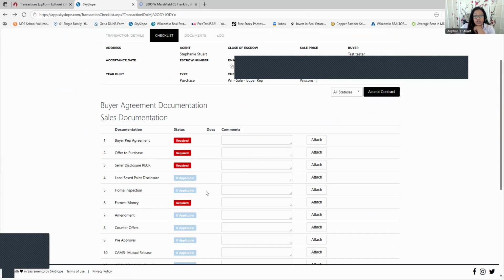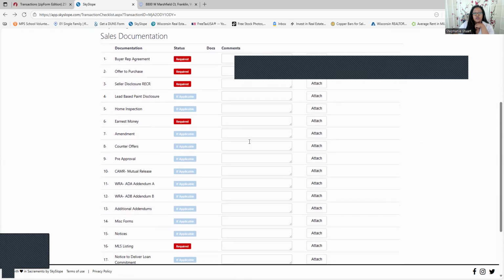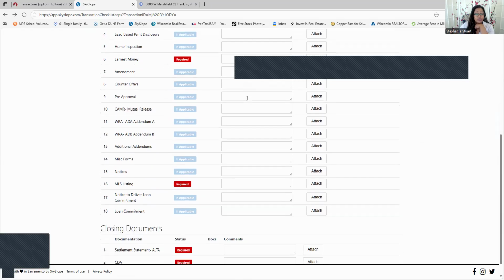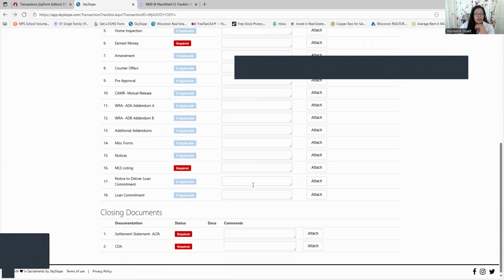Everything that's highlighted is pretty much what you need. 1978, you're going to attach the lead-based paint. You're going to attach the home inspection report when you get it, the copy of the earnest money. You're going to attach all of that. You're going to put all of these things in here to keep your stuff compliant. You already got it in writing. Now keep it compliant. Once you put all of these things in here, the only thing left will be your